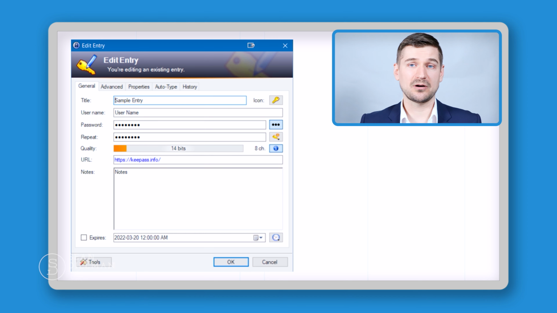You can put in the URL of where you use this password, and then there's a section where you can keep notes. And if you want, you can actually keep track of when this password is going to expire. For example, if you are working at a company that has a regular rotation of passwords which will expire, you can put your password in, and then you can also note that on this date it's going to expire and you're going to have to move to the new password.